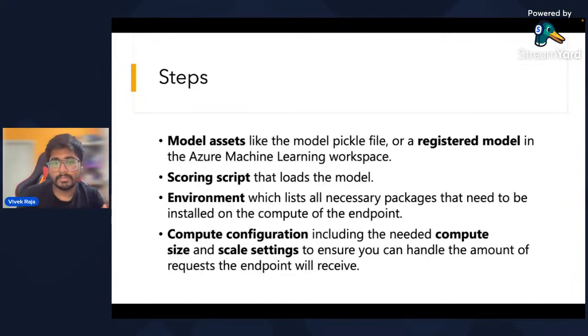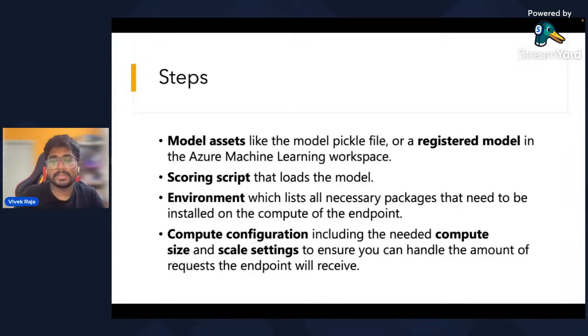First, to deploy a machine learning model, you need a model, which is fundamental and implicit. Your model can be a model pickle file. When you export a model, it can be a model pickle file. You can create a model asset using a model pickle file, or you can register your existing model. For example, yesterday, if you noticed, after our command job was executed, the model was registered in models, right? You could directly take it from there, or you could manually register your model, or you can use your model pickle files locally. So the first step is to create a model asset.